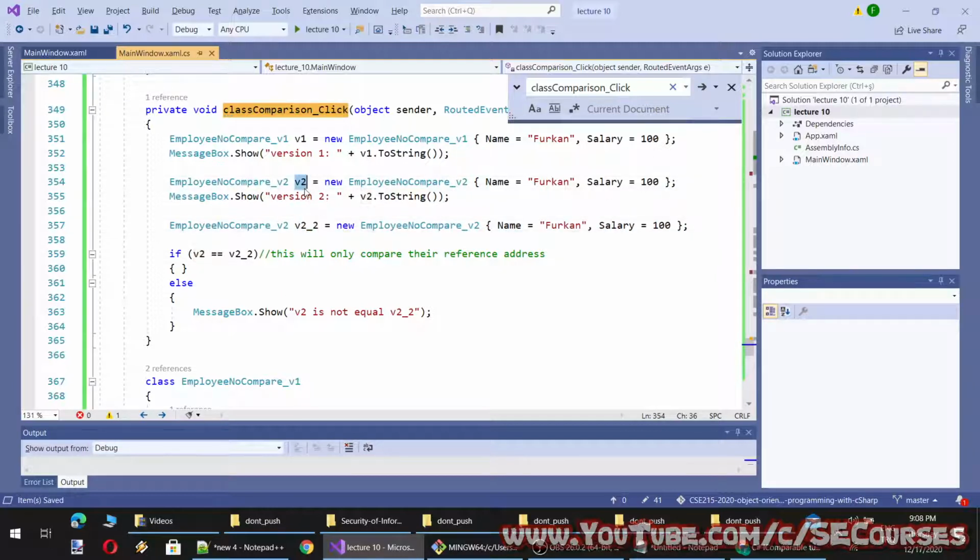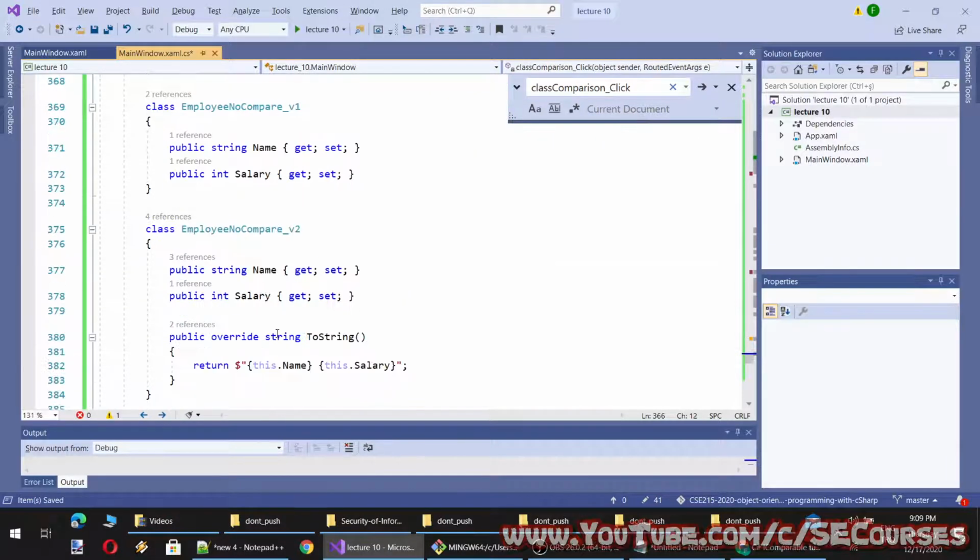Let's say I make another class or reference like this, or if I make their references equal, it will of course be correct, but this is not a good way of explaining it.